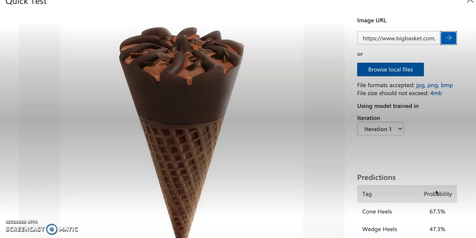Here it is predicting it as cone heels with 67.5% prediction. The prediction is definitely incorrect, as it is not a heel, but it is in the shape of a cone. I think that is the reason it is classifying it in that particular category.